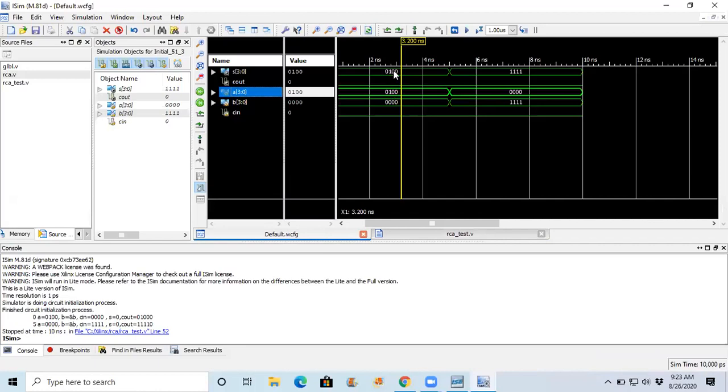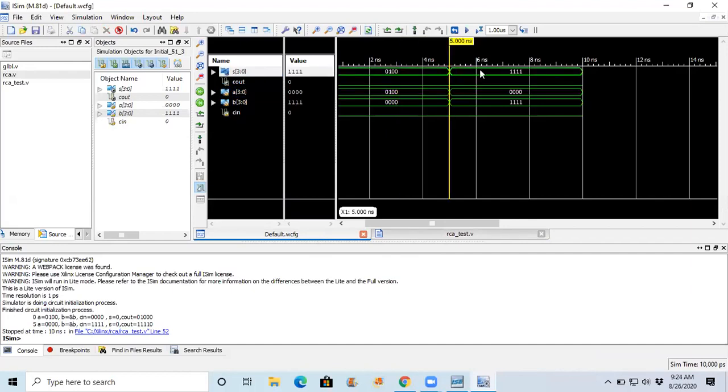So what is happening to my output? A plus B plus C, and C should always be 0, I told. So I'll get sum is equal to 0, 1, 0, 0. In the next combination, after 5 time units, from 5 to 10, I've retained the next combination. So I made A as 0, 0, 0, 0 and B as 1, 1, 1, 1. So I've got the outputs correctly. But there is one error in the console window.